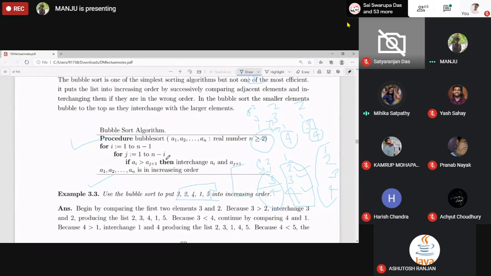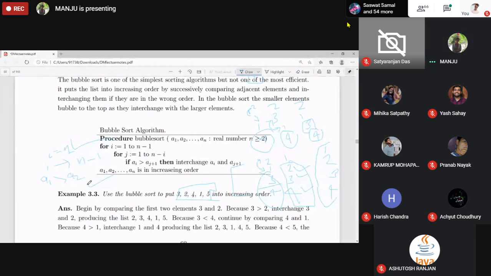Then if A1 is greater than A2, for J is equal to 1, it is A2.